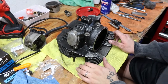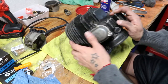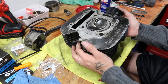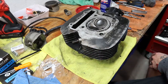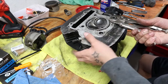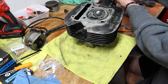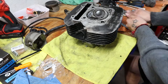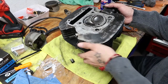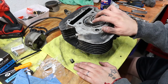Alright, you guys, so this is the head that was on the actual quad when we first got it. Pretty much the valves I want to switch out now that we already have it out. Anyways, basically I want to clean this up, and then I also want to change the valve guide seals